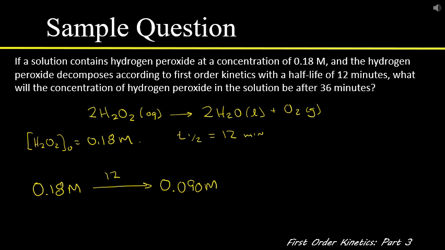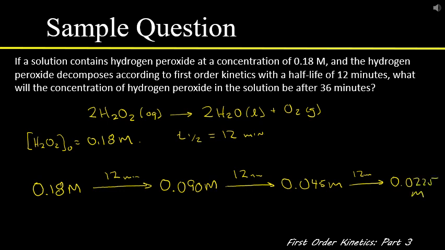Right? After another half-life, 12 minutes, it's going to decrease to half of that value, which is 0.0045 molar. And after an additional 12 minutes, it'll decrease to half of that,